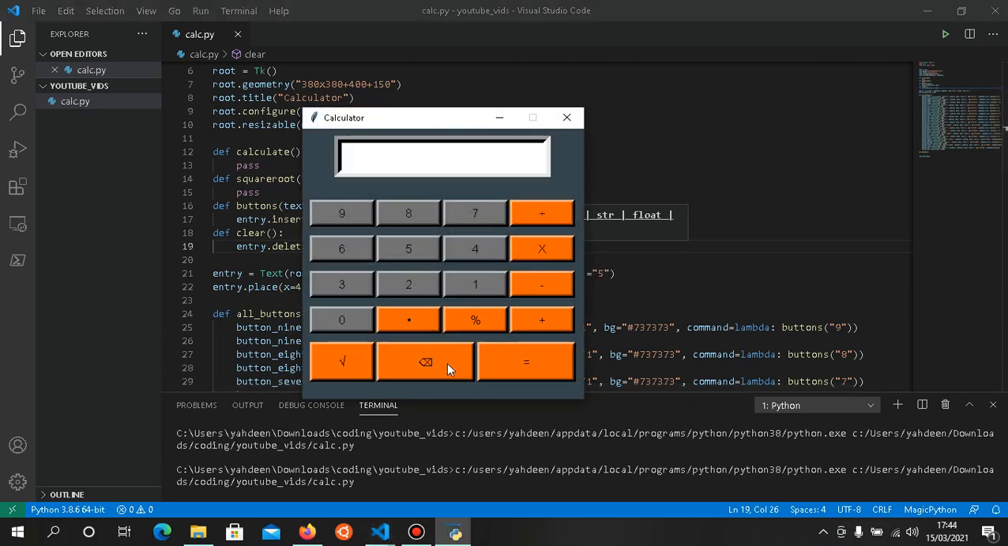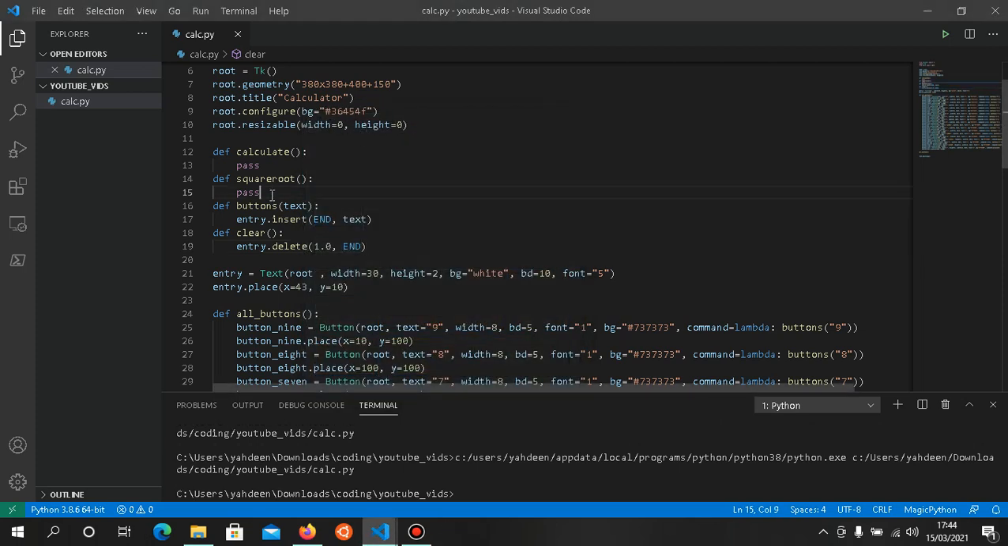Let's clear. As you can see, when you click on the clear button, it clears everything in the text field. So that works well. Now let's do the